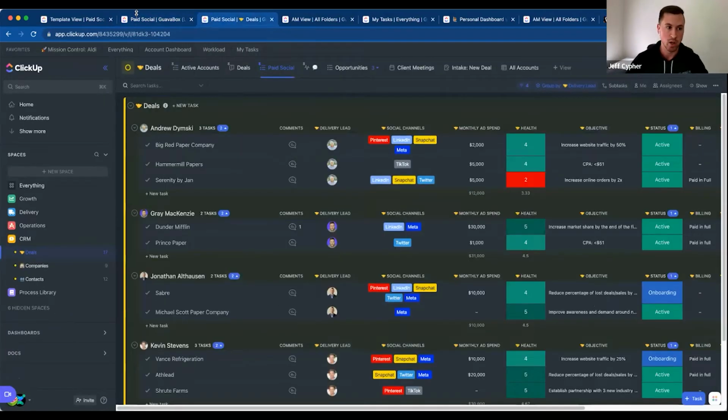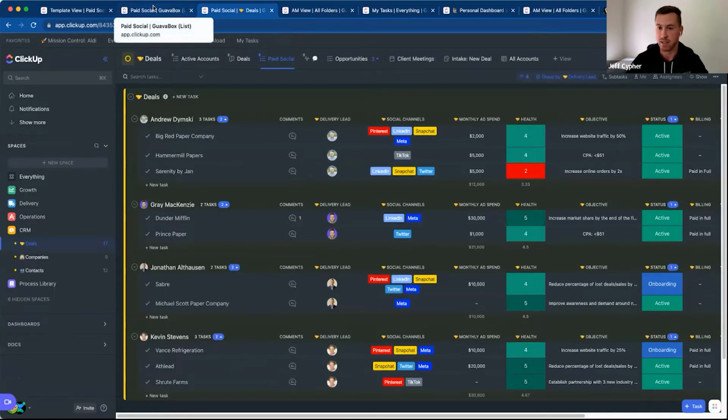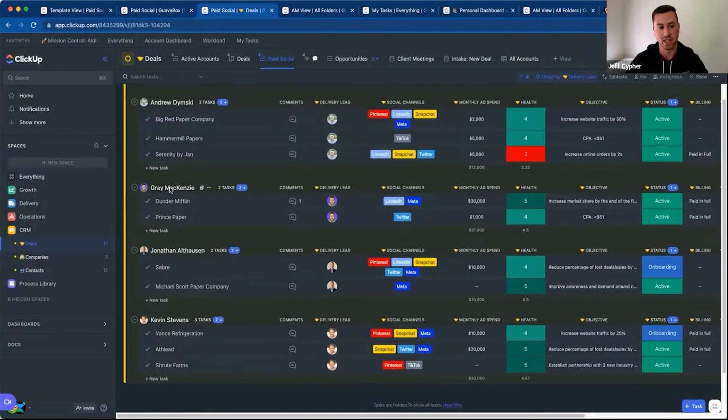system. So here at ZenPilot, we like to utilize a CRM in ClickUp that allows us, not necessarily a sales CRM, but more of a delivery-focused CRM that gives us all of our specific deals. We can tie those deals to companies as well as contacts. So if I'm an agency founder, owner, and I need to see all of the specific companies that we're working with, like Dunder Mifflin over here, Gray's the account manager for this, I'm able to see here at a high